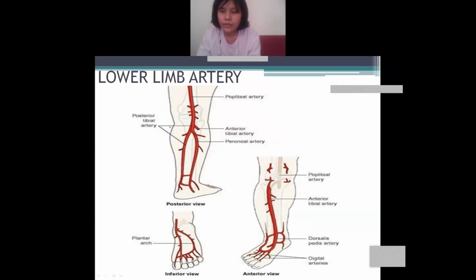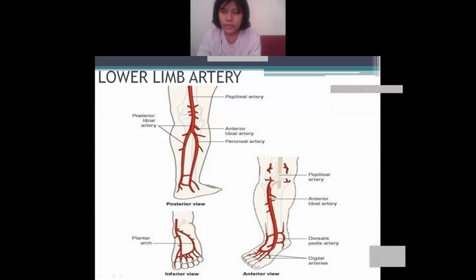Okay, so first, let us discuss the anterior side. This is your leg. We are done with the thigh portion, right? Till the popliteal artery we have already discussed. So now let us discuss the anterior side, meaning the front. In the lower portion, you will find the anterior tibial artery.